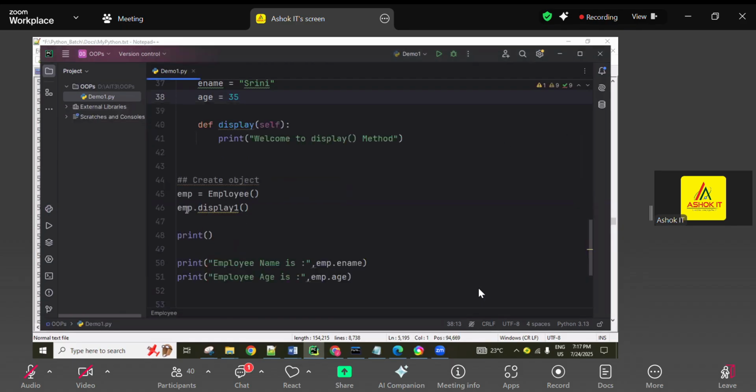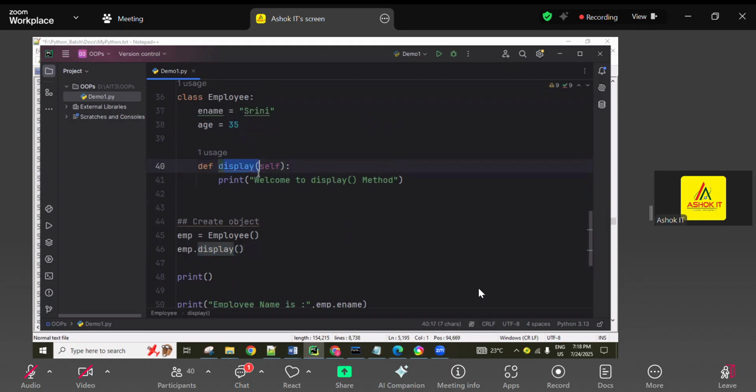Same like that, this is an employee object. The employee object does not have this display one attribute, so attribute error is displayed. Okay, remember that, guys. And now here I'm calling display properly. So coming here, welcome to display method printing. And inside this